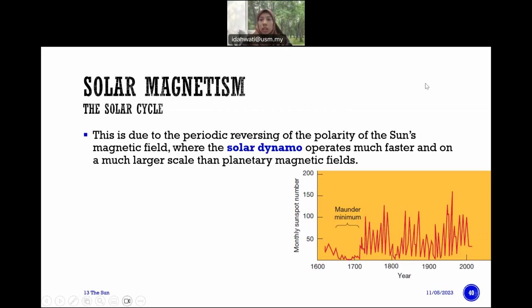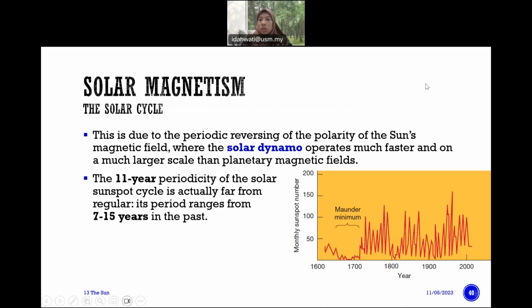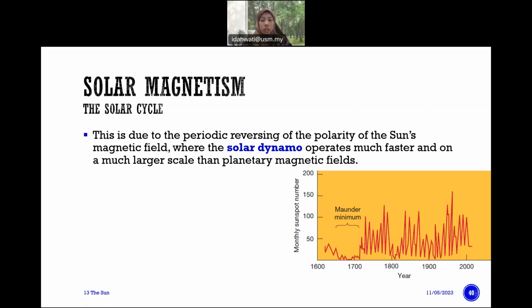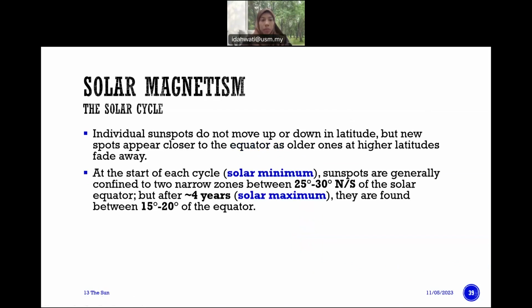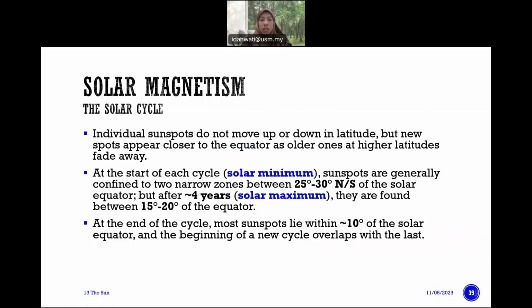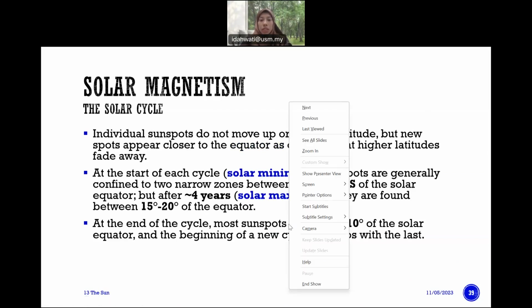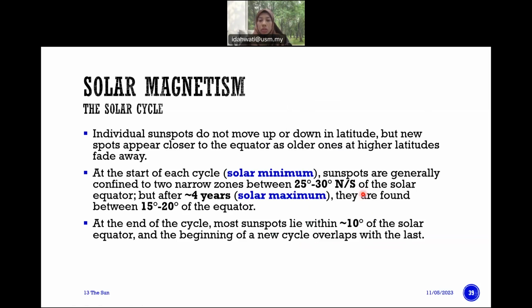Okay, so we will continue the lecture about the sun. Okay, so we continue with this slide. Slide 40. It's about the solar cycle and solar magnetism. We have learned about the phases which are included in the solar cycle. We have solar minimum, solar maximum, and also we have